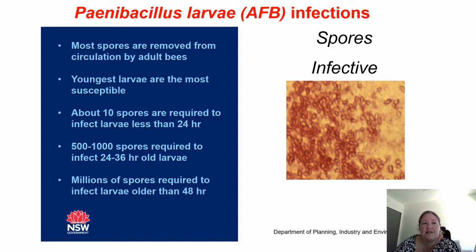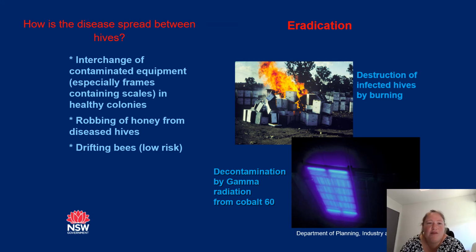the AFB disease. And there's a couple of ways that AFB can spread between hives, and it's often an interchange of contaminated equipment between infected hives and non-infected hives. It can occur by bees robbing honey from diseased hives and taking it back to healthy hives, and there's a low